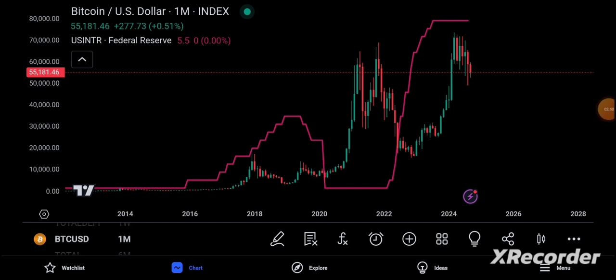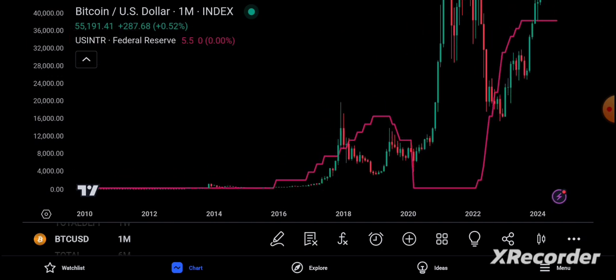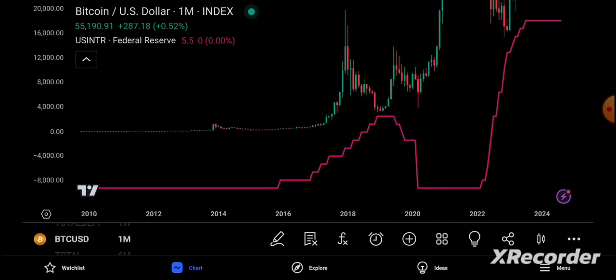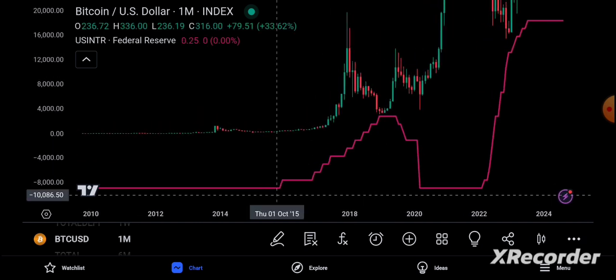But for this study, I want to check how BTC USD has always responded, because I've not done a study like this before. So we're going to check from when BTC had reasonable price action. The first serious bull run was in 2016, 17, right? And before, I used to think that when quantitative tightening is ongoing,